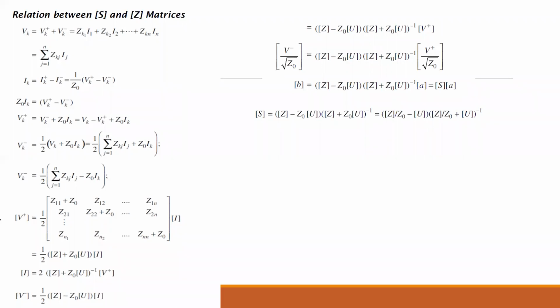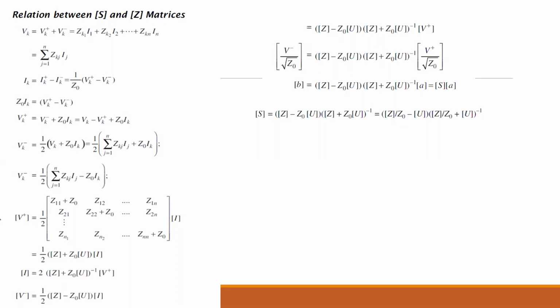In continuation with those, we looked into a few properties, like the S matrix will be a square matrix. The diagonal elements give the information pertaining to the reflection coefficient. The non-diagonal elements give the information pertaining to the transmission coefficient. Then we saw a few properties such as the unitary property. Then we saw the reciprocal: if the network is reciprocal, what happens? If the network is lossless, what happens? If the network is matched, what happens? These were the things we had discussed in the previous session.